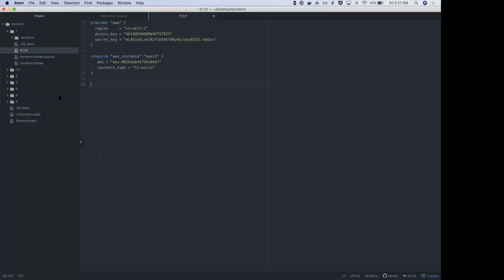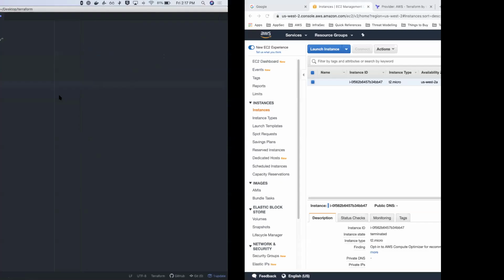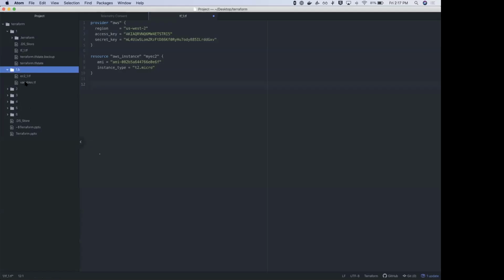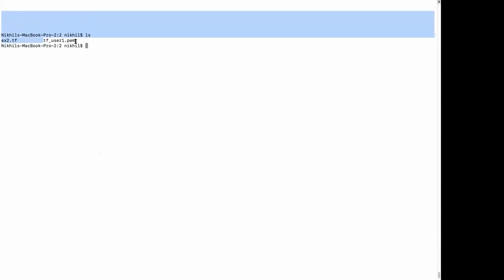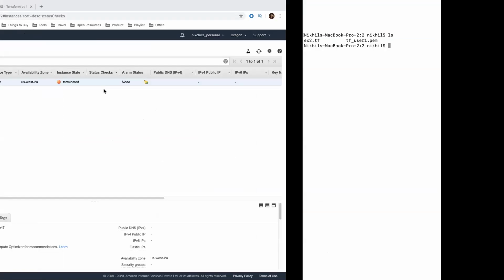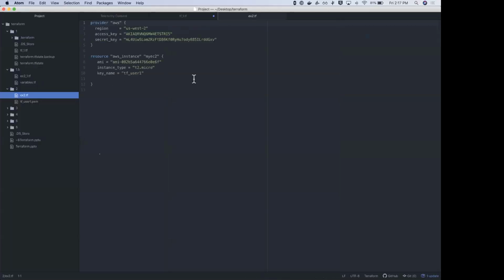Let's open up another Terraform file, or probably we can go to the next one. cd 2. If you look at this, there is a tf_user1.pem file and an ex2.tf. Let's open that up in our Atom editor.